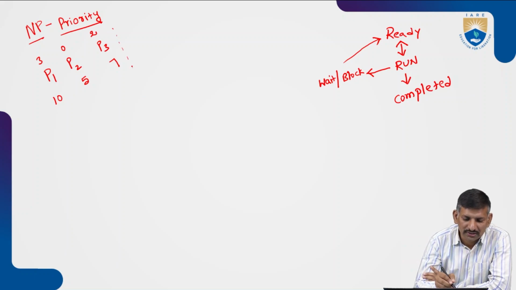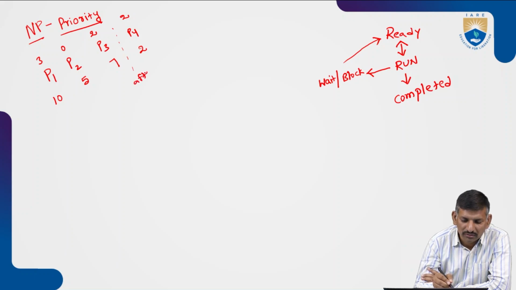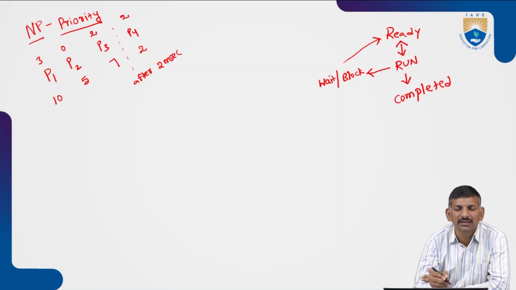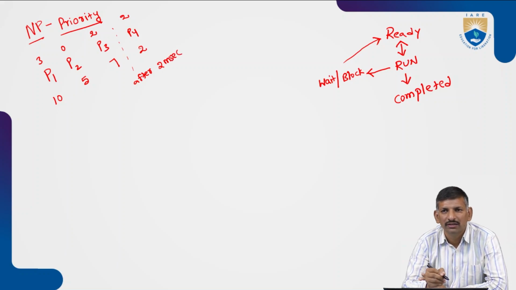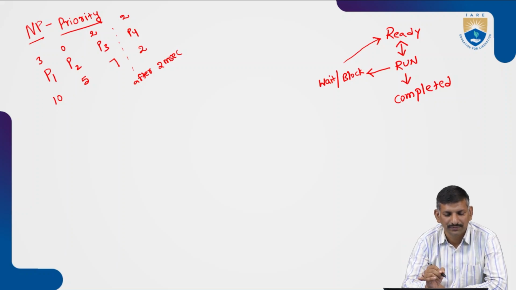A new process P4 with estimated execution time of 2 milliseconds and priority 2 enters into the ready state after 2 milliseconds of execution. That means after execution has started, after 2 milliseconds the process P4 enters into the ready state. Now,